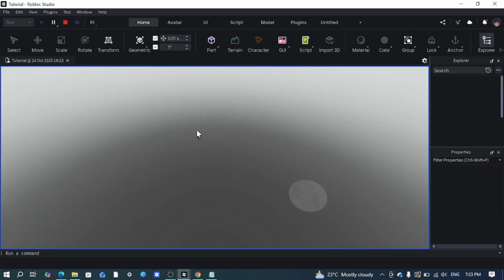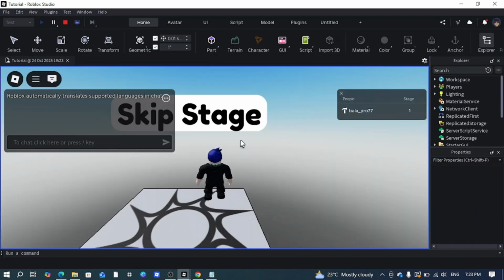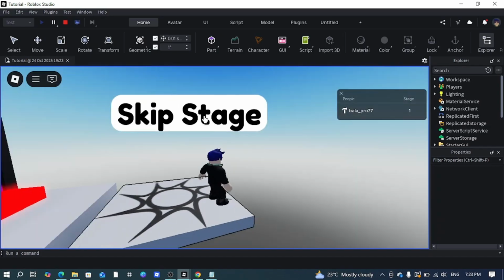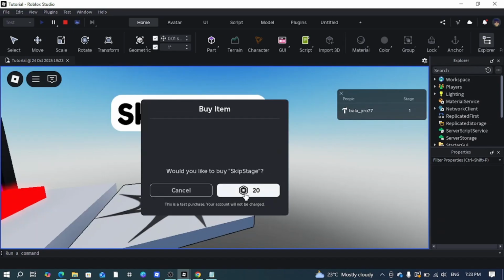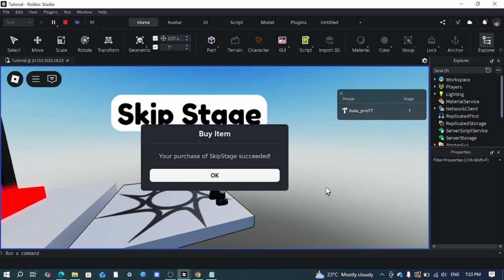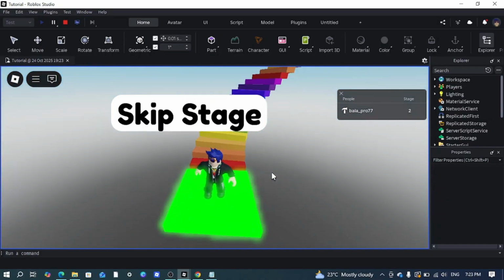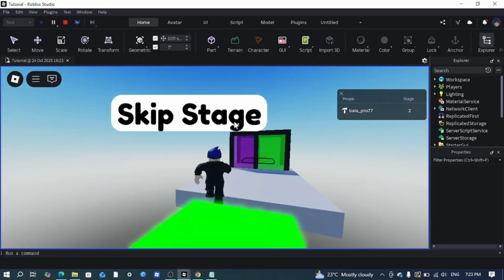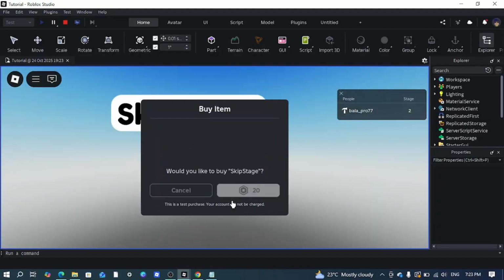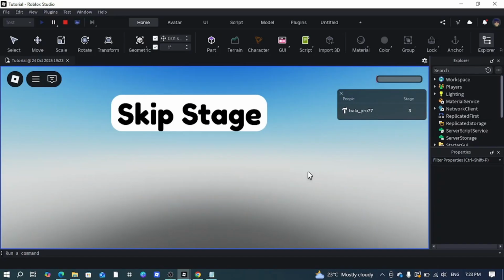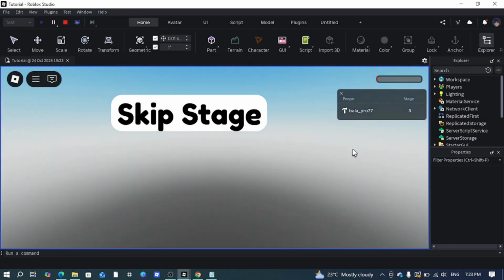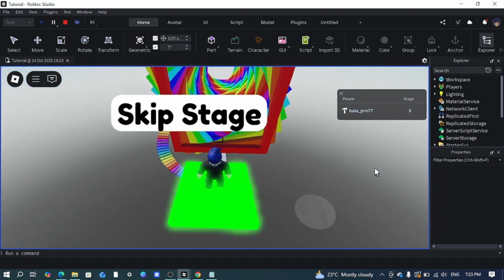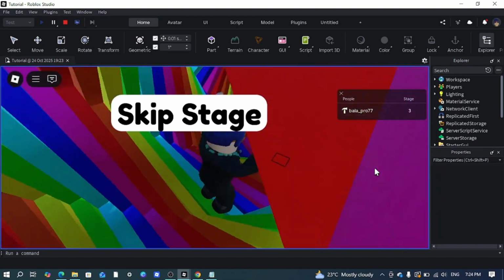Yeah, we have the button, it's working. We have the Skip Stage button, and when you press OK, you will go to the next stage, and you can earn Robux that way. You can press Skip Stage, then you buy it, and then you press OK. You will be at the next stage, which will be stage 3, and when you're at stage 3, I guess